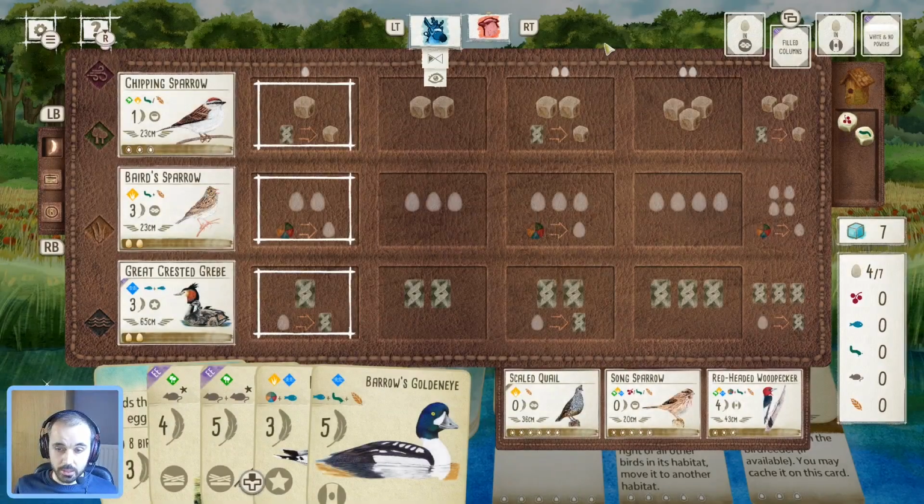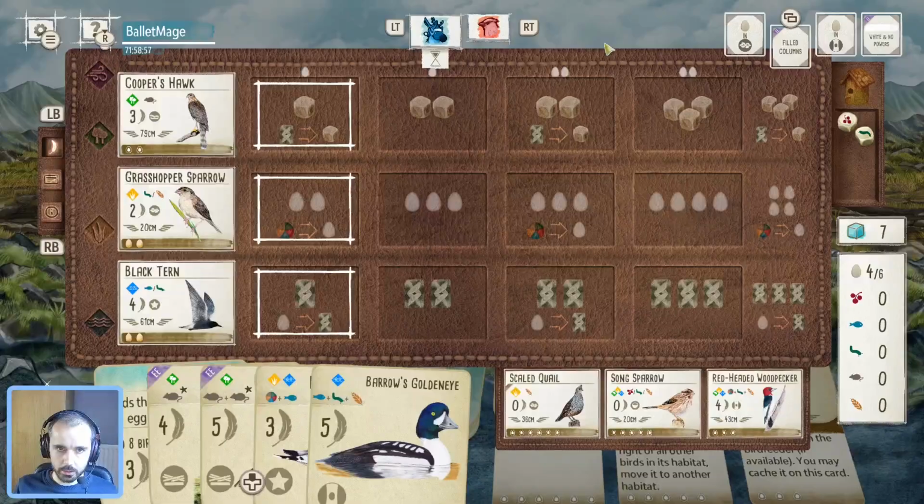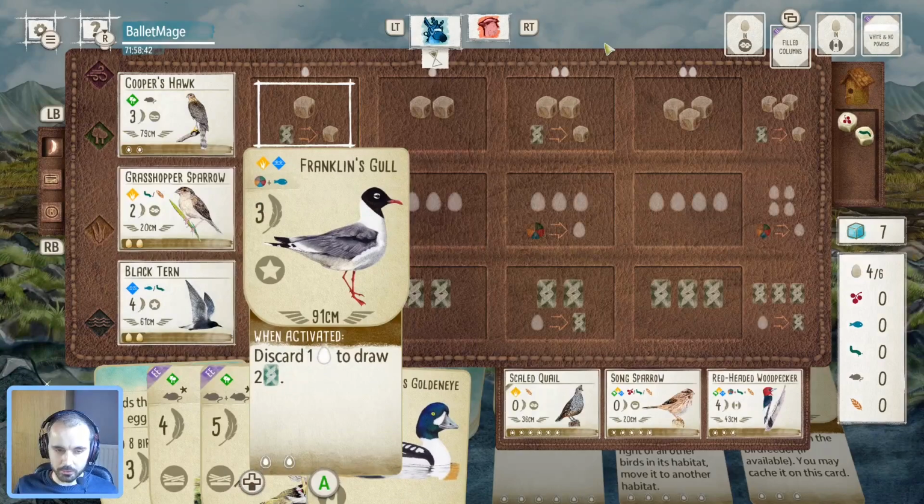But unless they found a food generator, I think they might struggle to fill up a second column as well. So we might be tying. But in terms of points on the board, I think it's pretty similar. Looking here, like I say, almost identical setups, but yeah, me being able to play as Franklin's Gull, discard an